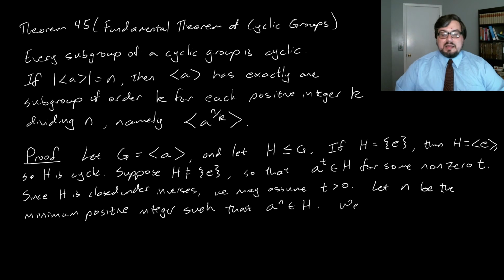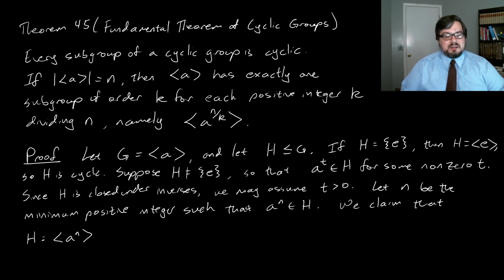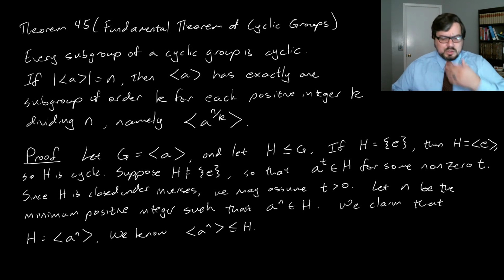And so we claim that H is the cyclic group generated by A to the n. So first of all, we know that the cyclic group generated by A to the n is a subgroup of H. That's Lemma 39 again. So now we need to show that every element of H belongs to the cyclic subgroup generated by A to the n. So now let's let A to the t